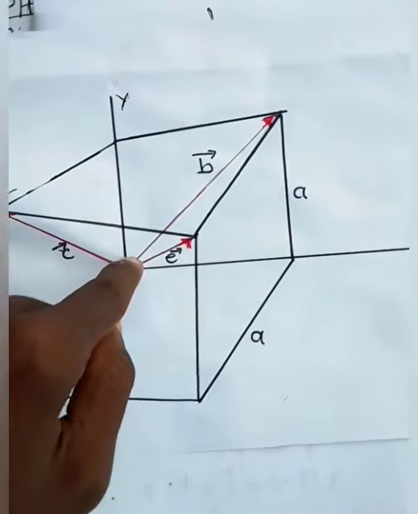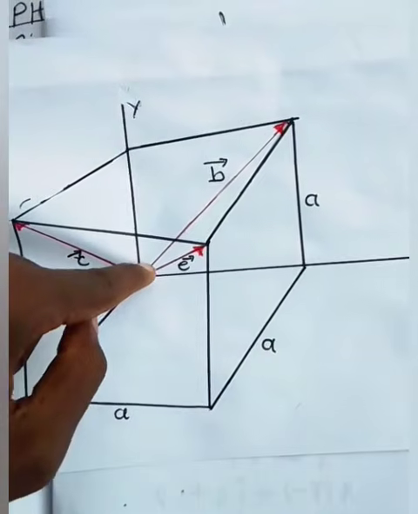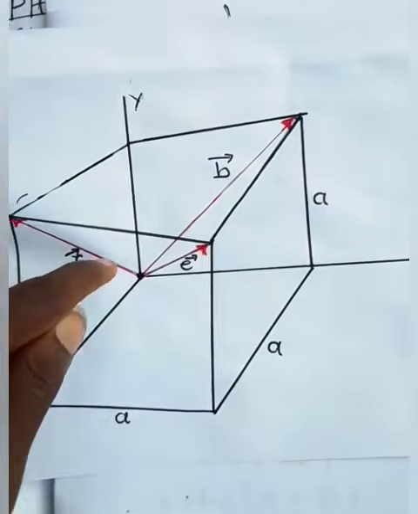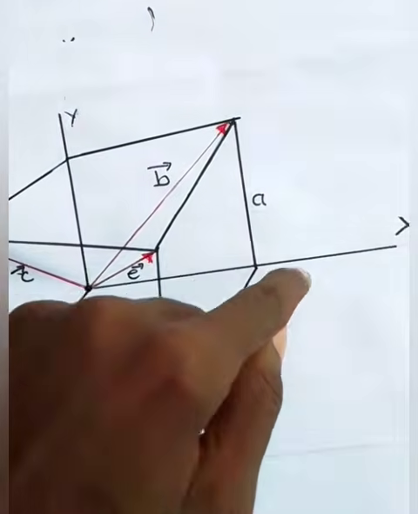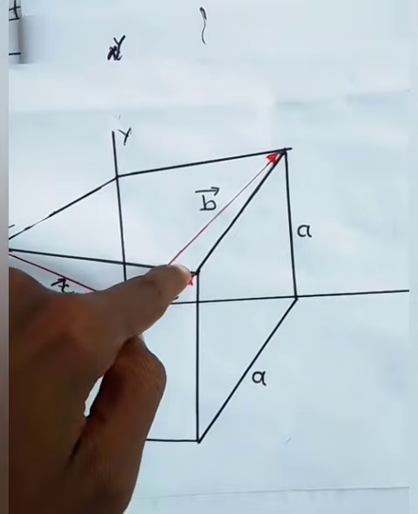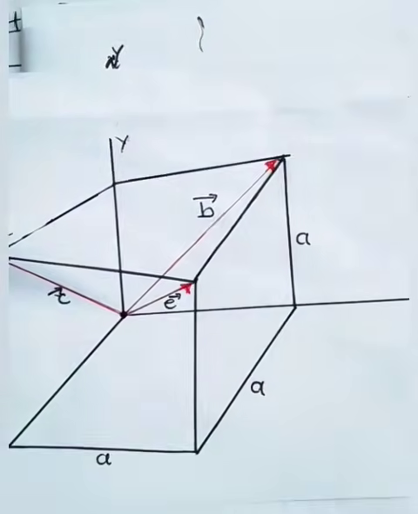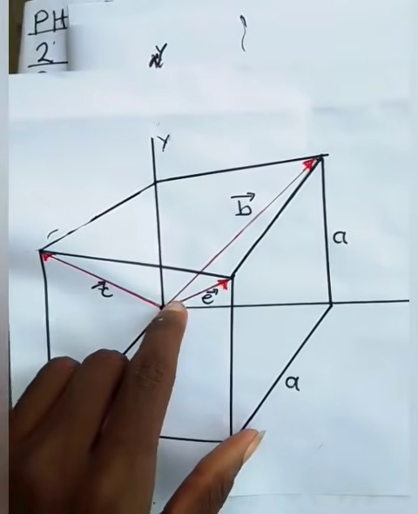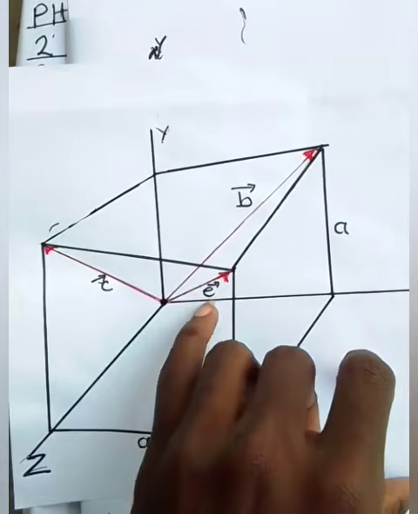Look, it's like it is moving from this edge. If you have ever seen how the box is, it has moved from this corner to this corner, from this edge to this edge. So for it to move from this edge to this edge, it didn't just take the y and the x axis only, it also took the z axis for it to reach here. So this one, we can say it has used all the 3 planes. But if you look at this other vector here, this vector has only used